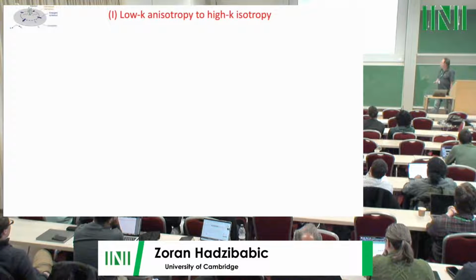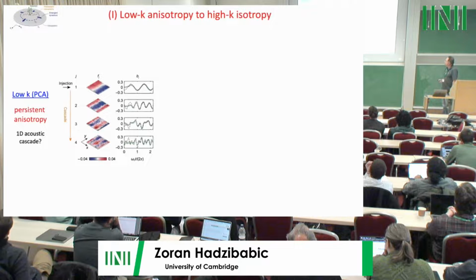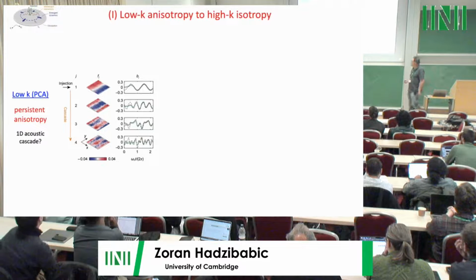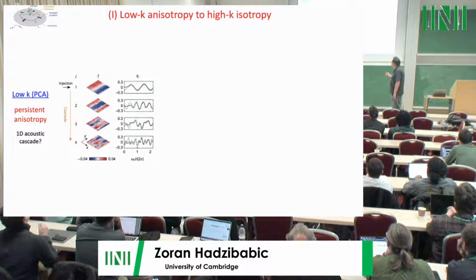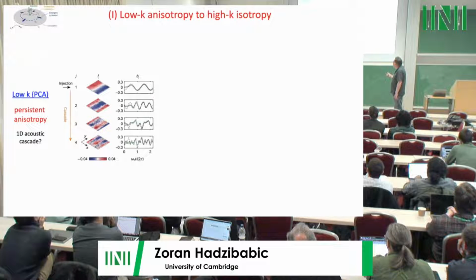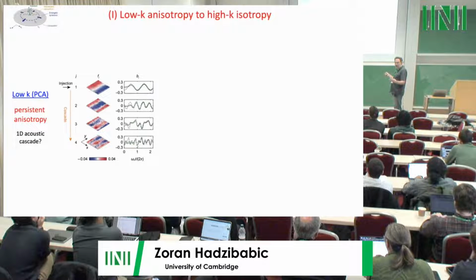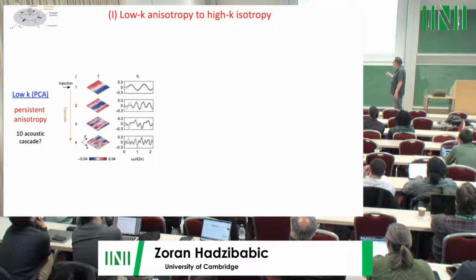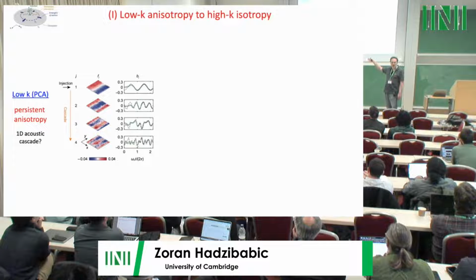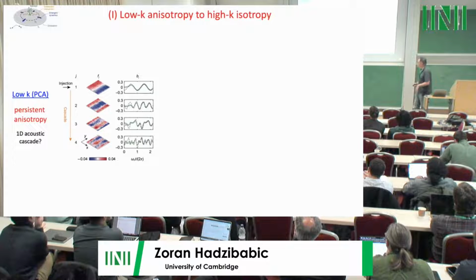So starting with the low-K anisotropy, and how we switch to high-K isotropy. First we start with this principal component analysis, and what you can see is that you start driving this. We're directly driving only this state, okay, and then because you drive it strongly and it's a nonlinear system, the spontaneous state gets occupied, which is kind of the first step towards turbulence, and then this one, and then this one. But as far as we can go, we did not recover our expected isotropy, which is expected at high K. So everything here seems completely one-dimensional. It's a persistent anisotropy up to a point.